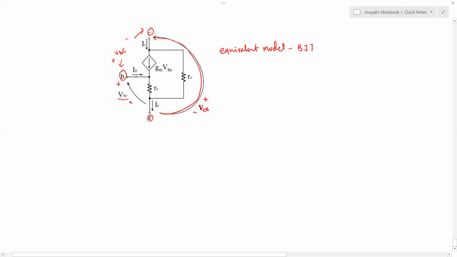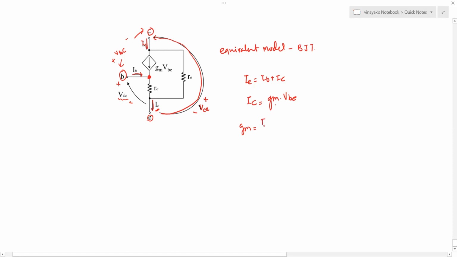Now, there are three currents. So base current, emitter current, and the collector current. So IB, IC, and IE. Obviously, if you apply KCL at this node, your emitter current IE is the sum of two currents, IB plus IC, and the IC is modeled as GM times VBE, where GM is the